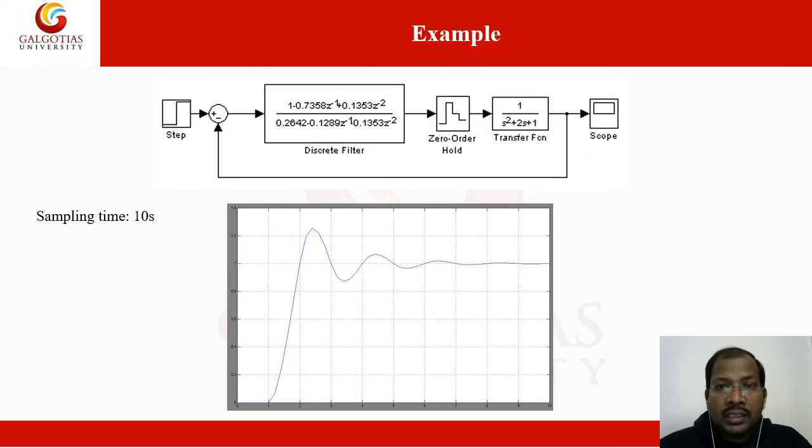Again we consider the second order transfer function. For the second order function, we calculate HGp of z and then calculate Gz. We get this form when we take the step input and apply it, and we get the continuous domain. They have given the second order, and you get this nature. This is the form. You know this is the continuous and this is the discrete domain. Here we get the continuous output, and between one step it is dead. Here we are considering a sampling time of 10 seconds.